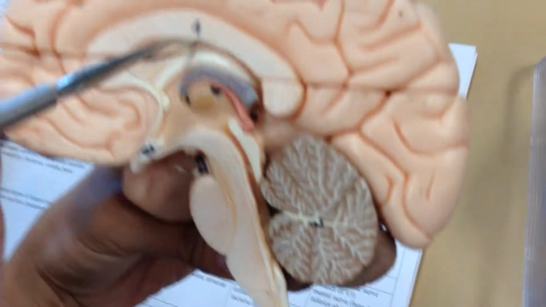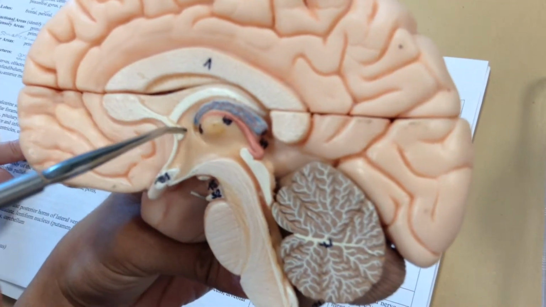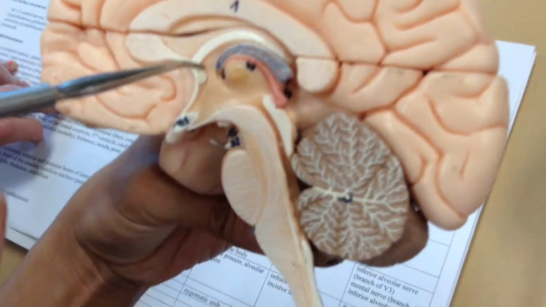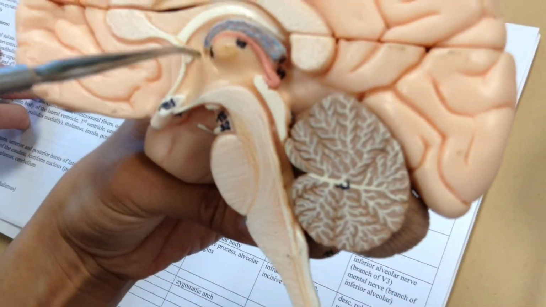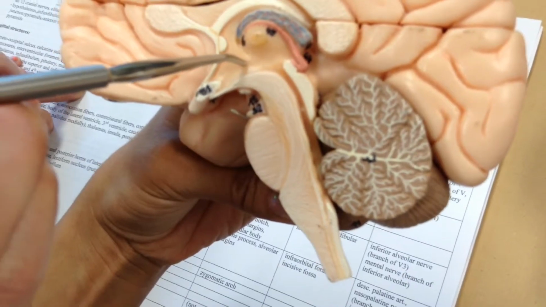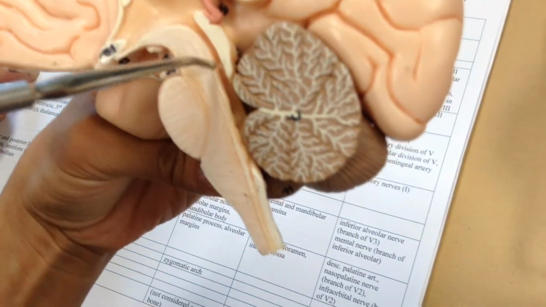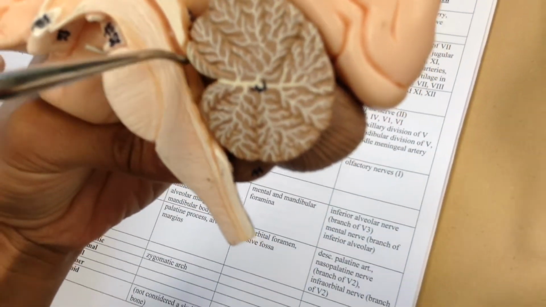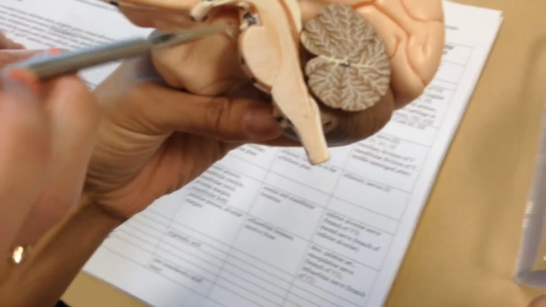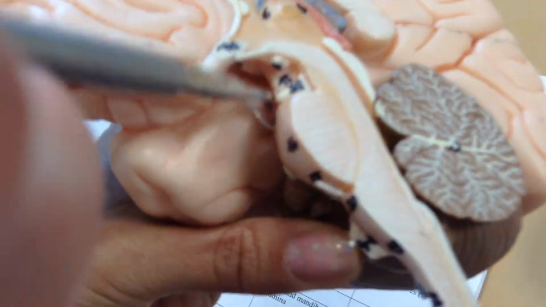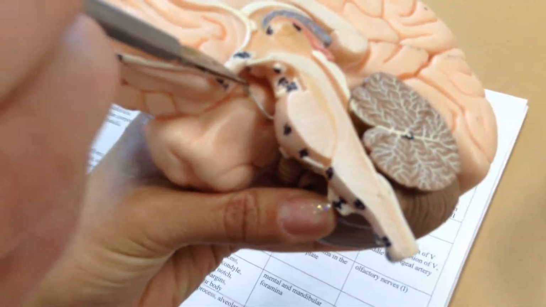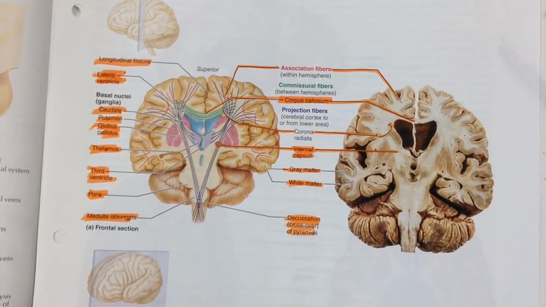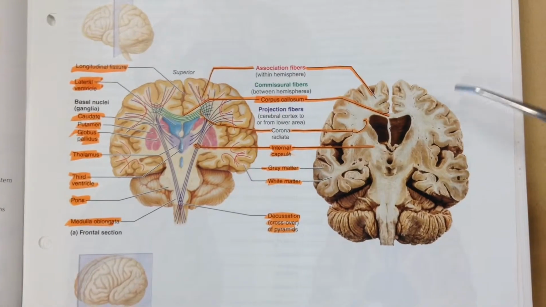The lateral ventricle, and then the lateral ventricle goes through the interventricular foramen into the third ventricle, down the cerebral aqueduct into the fourth ventricle, and then you can also see the uncus. That's it. Okay, so the coronal section, the cerebral cortex,